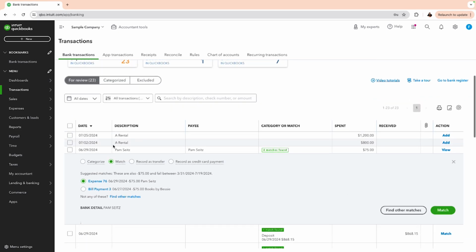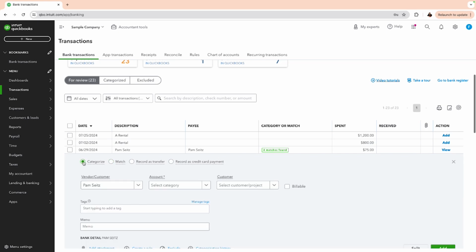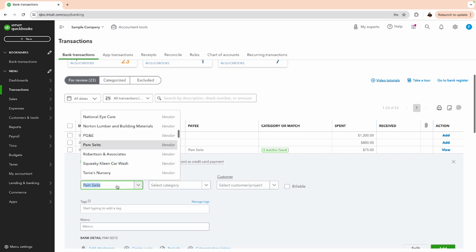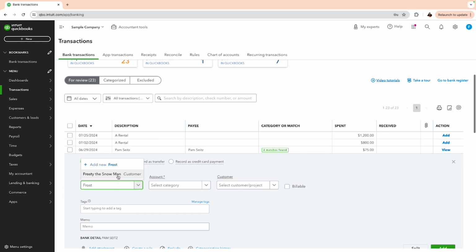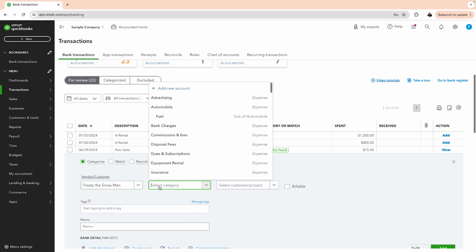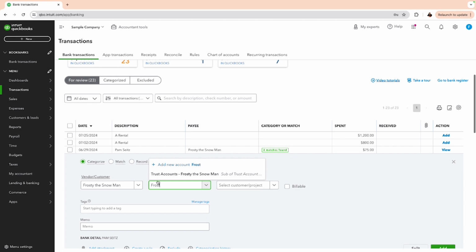So I'm just going to categorize here, and I am going to put the name of Frosty the Snowman, and I'm going to select Frosty the Snowman